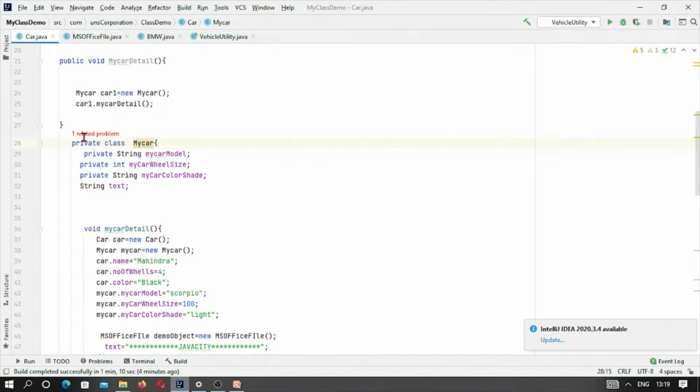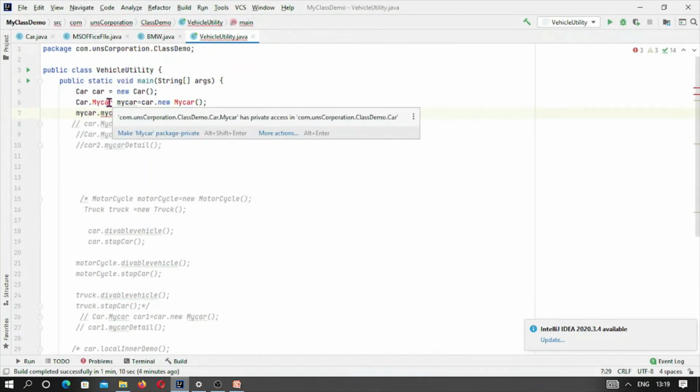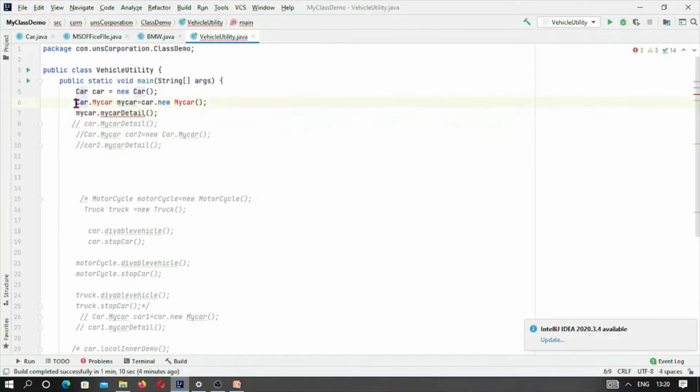Now you can see from the private class, all the fields which are here may be kept private. Now it is showing a related problem. What is the problem here? Why is it so? Because my car is private. Now it can't be accessed outside. So let me comment it out. So what I can do,